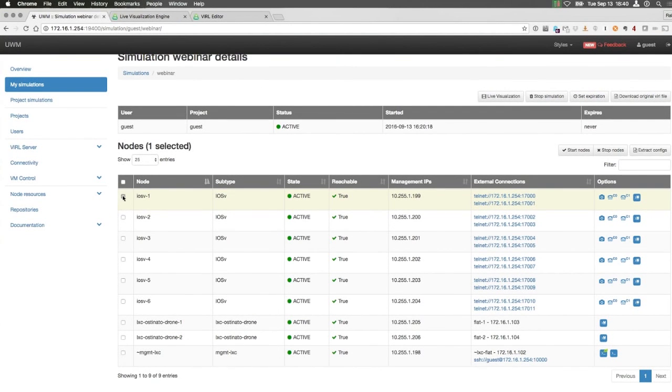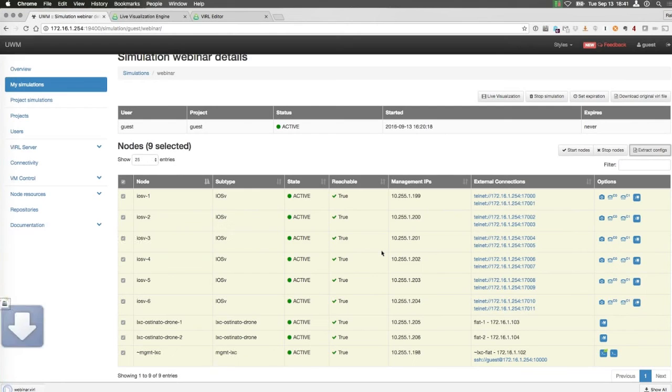What I could do now is download the original VIRL file, which would not reflect my changes, but I could also instruct the UWM here and say, okay, retrieve the configuration of either all of those, selecting all the nodes, or by selecting individual nodes where the configuration should be retrieved. So in this case, I want to retrieve all the nodes and then say, okay, extract